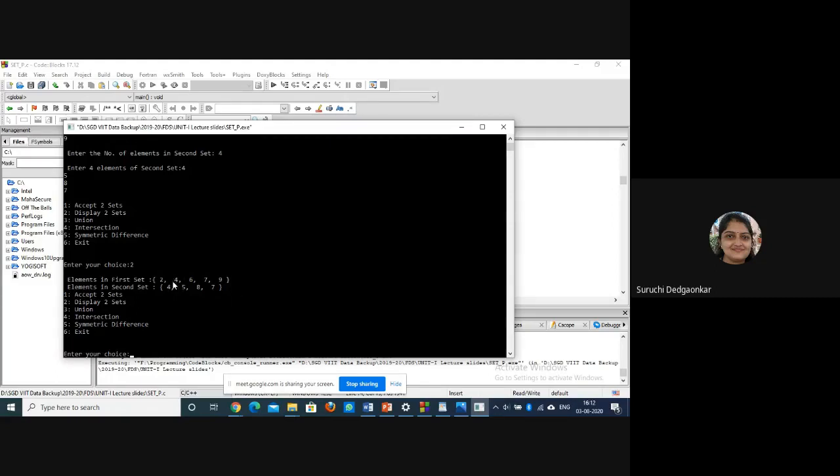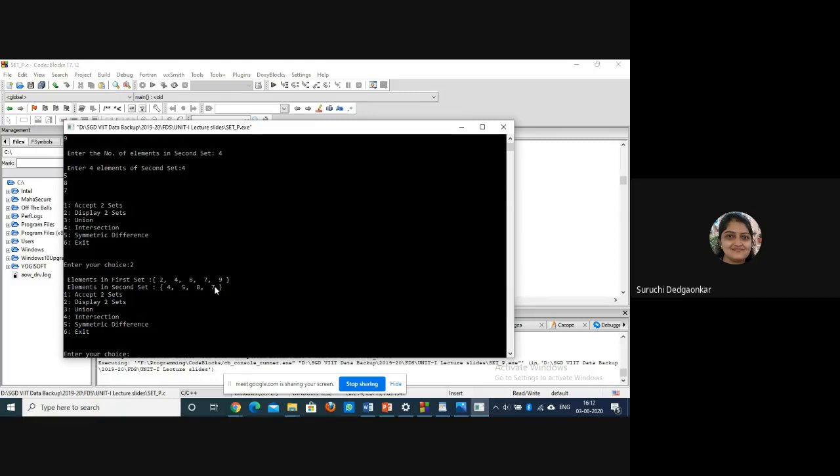Then 4, it is matched with this 4, that means it is common and it will be written into the resultant set. 6, it is not again found, it will be compared one by one with 4, 5, 8, 7, but it is not found, so we will not do anything with 6. 7, it is found here, and so it is common element, so we will write it into the resultant.